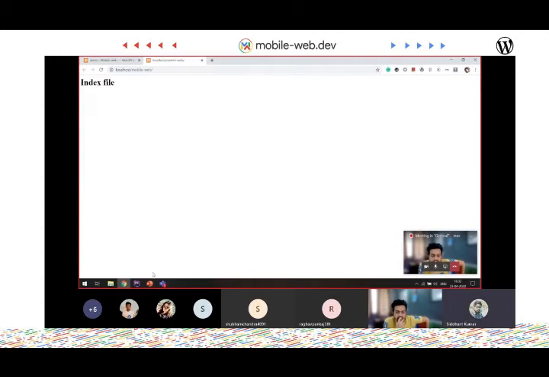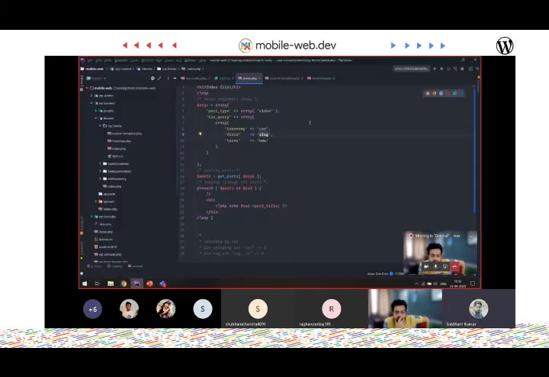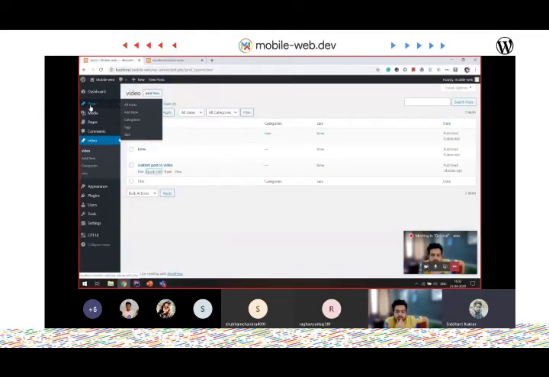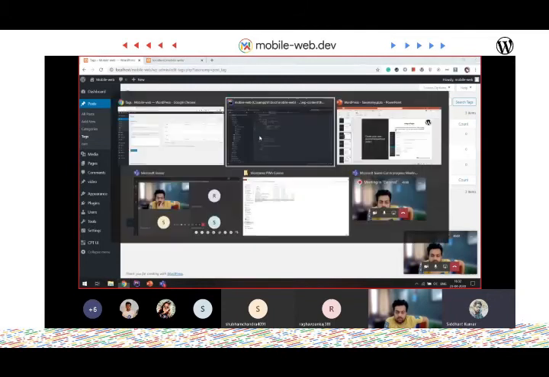Something must be going wrong. Let's do it with the post tag and see what will happen. For the inbuilt post slug, let's query it for the tag in post tags.